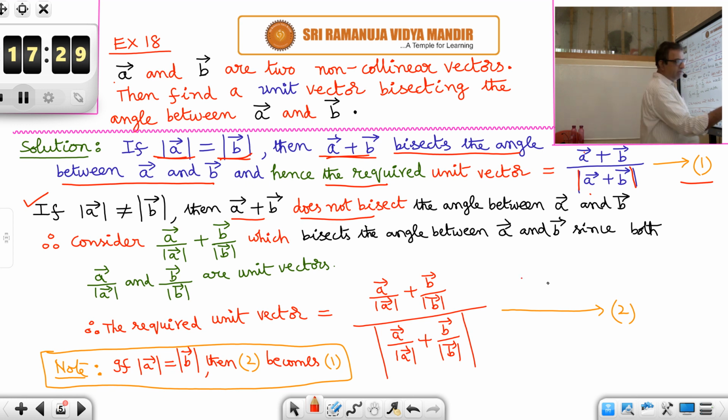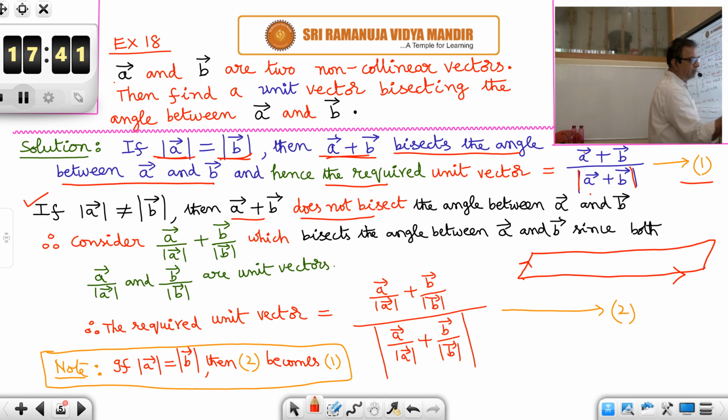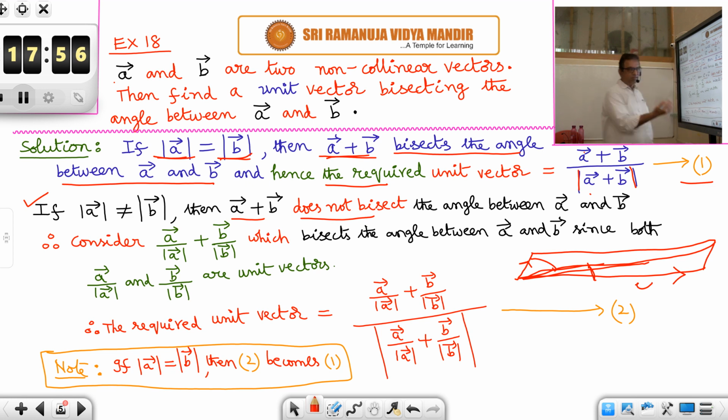See, this is one vector, say the stronger vector, very long. This is a shorter vector, a very weak vector. Then add them by means of the parallelogram law. Parallelogram you have completed. This is the resultant vector. This resultant vector will be more towards the stronger vector, away from the weaker vector, because the stronger vector is pulling it towards it with more force. So that is why first what you should do is make the vectors of equal magnitude.